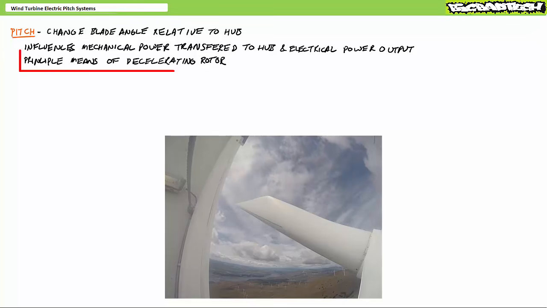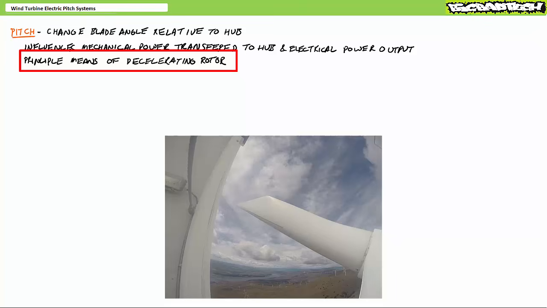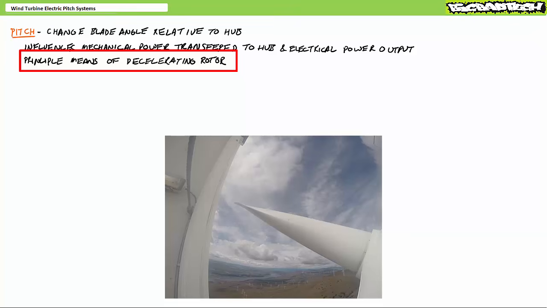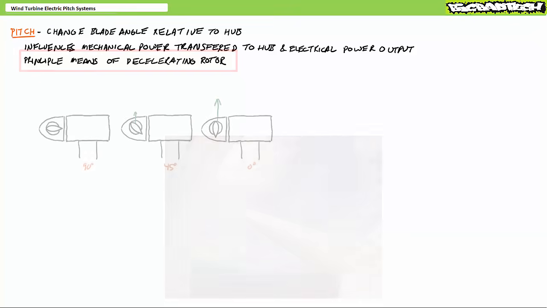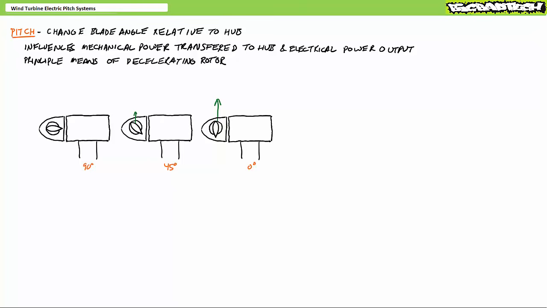Beyond maximizing generator output, the pitch system also serves as the primary means of decelerating the rotor in the event of a shutdown or emergency conditions. Pitching the blades such that they spill air is known as aerodynamic braking, and once significantly decelerated below a predetermined rotational speed, the rotor hydraulic brake can soft brake the rotor and, once brought to a standstill, hold it in place. This lecture will not explore the admittedly fascinating but ultimately unnecessary details of aerodynamics